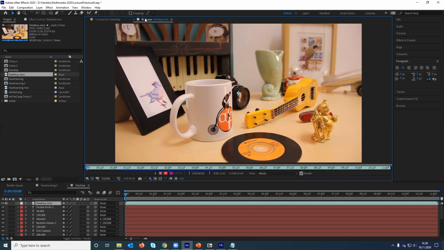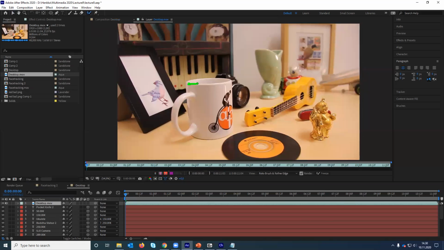So you need to see layer and then the name of the clip in here. And I will take the rotor brush tool on. You can see that green circle over there, and I will create this kind of